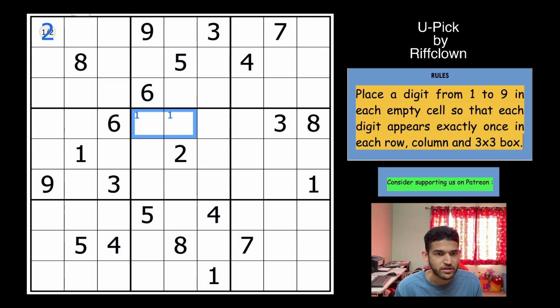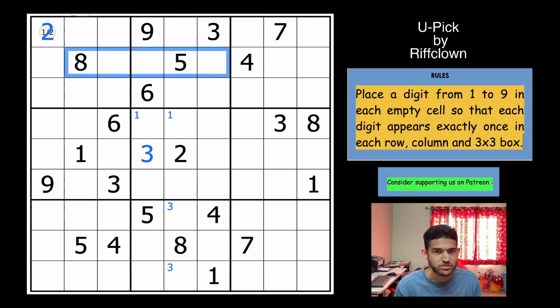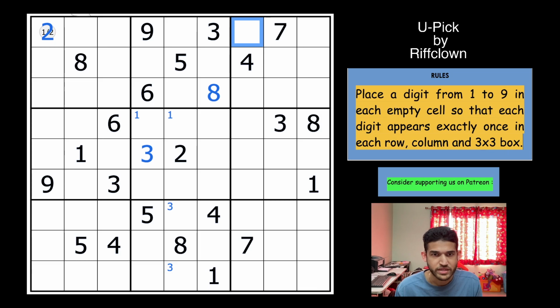Oh, I spot a hidden single here. 3 is not here, 3 is not here, and 3 is not here. So 3 goes here. And that gives 3 in these two cells. 4 is not, okay, before that 8 is not here and 8 is not here, so that gives one more digit. 8 goes here, and that allows us to place 8 in row 1. 8 goes here,